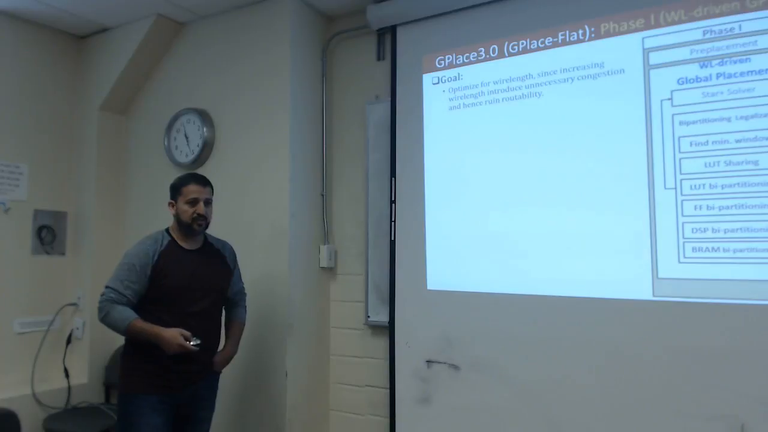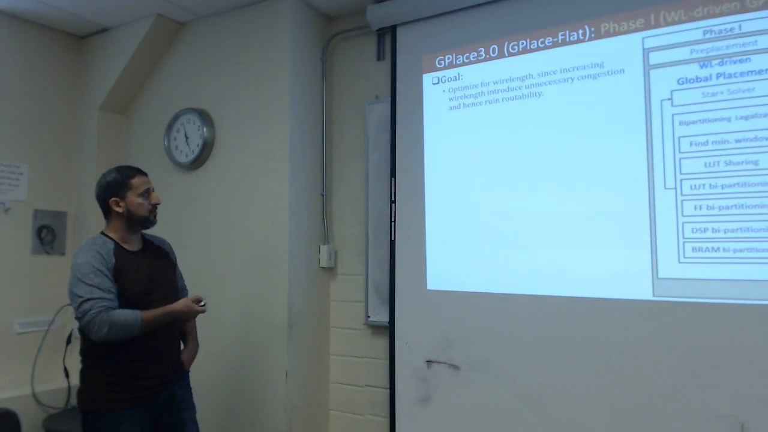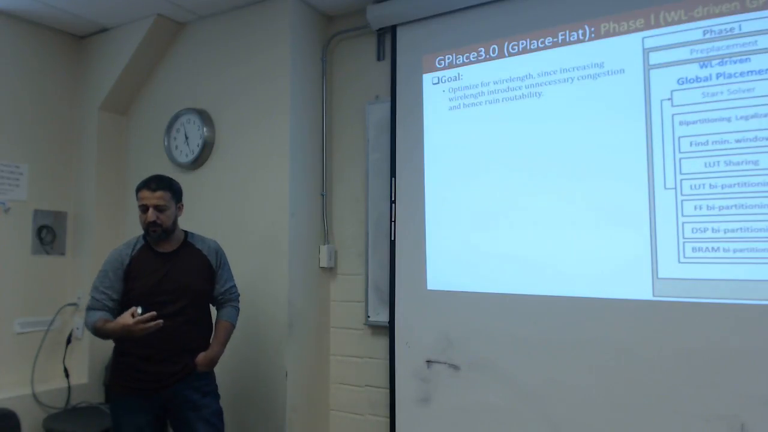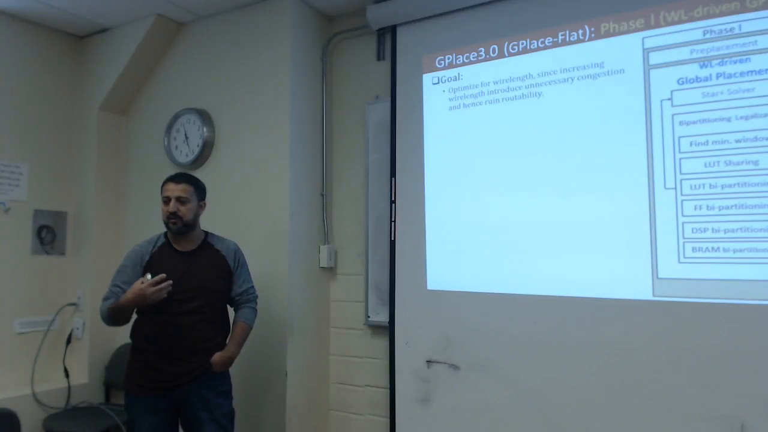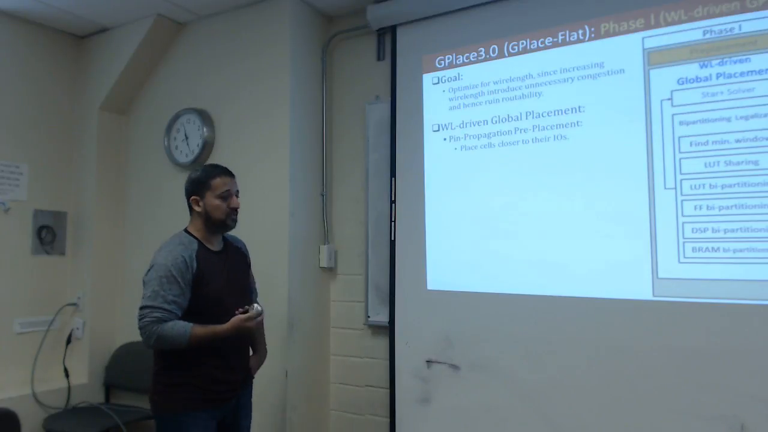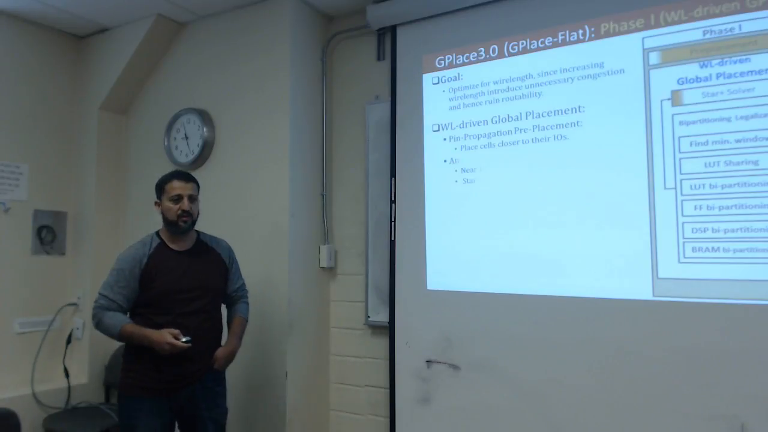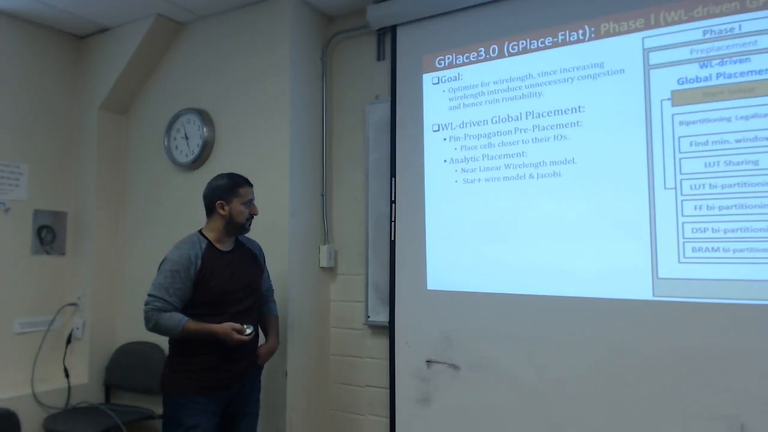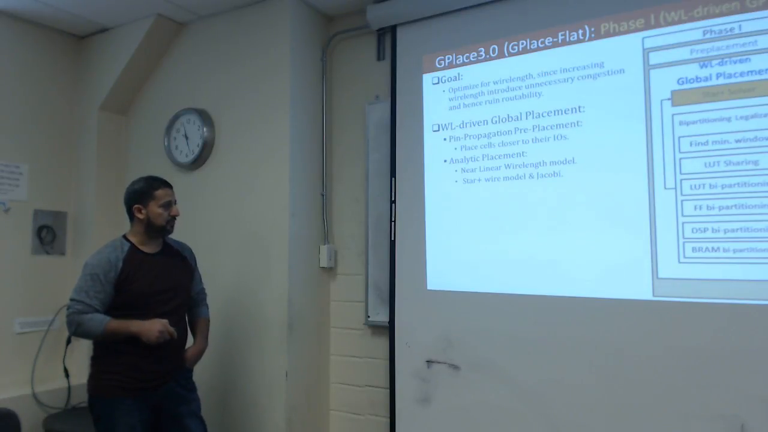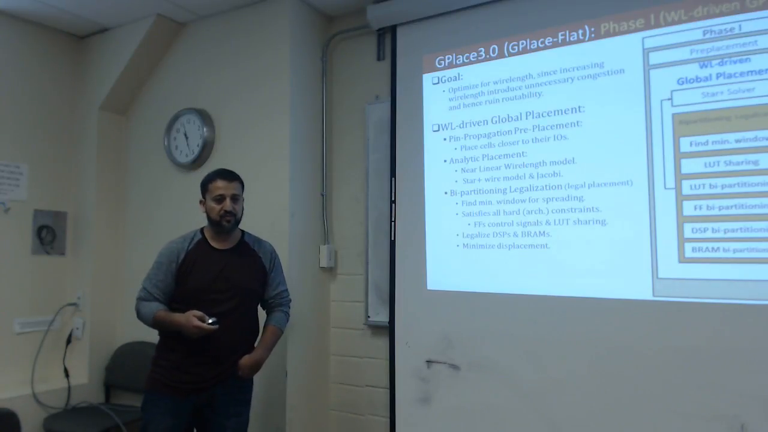So to look into details for each phase, the goal for wirelength-driven global placement is optimizing for wire length. So we cannot tackle the congestion before having a good wire length placement. So we start with bin propagation because the I/O is fixed. So we place the cells closer to their I/O first. Then we use an analytic placer with a star plus model solved by Jacobi solvers, followed by bipartition legalization, recursive bipartition